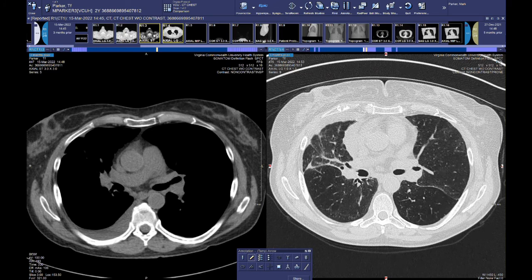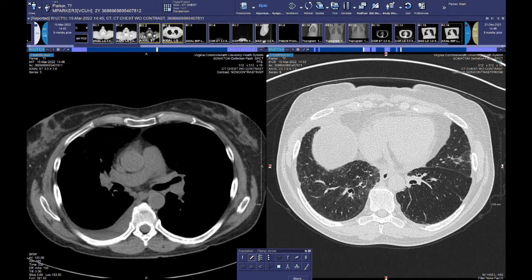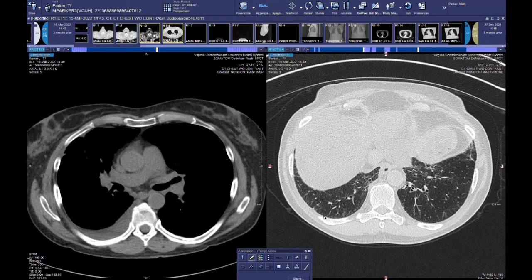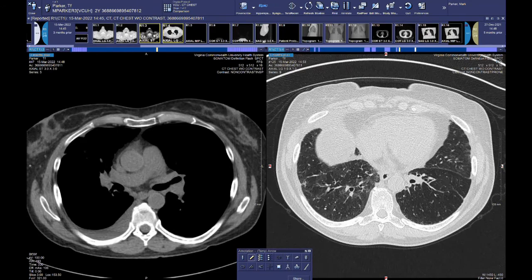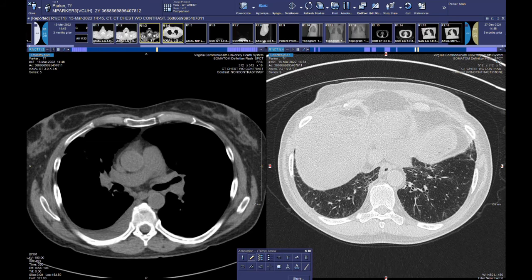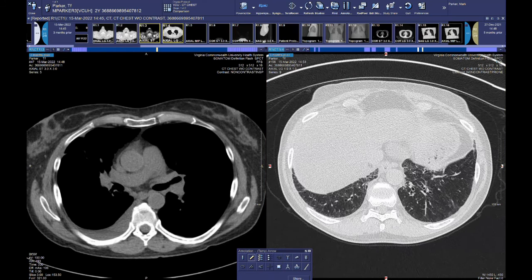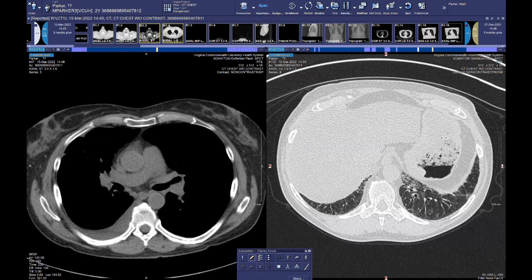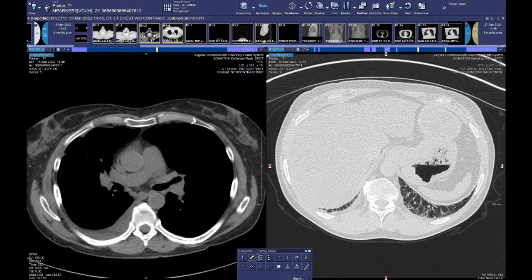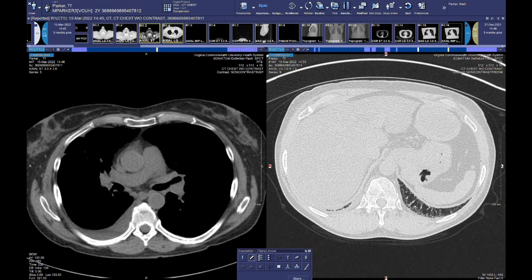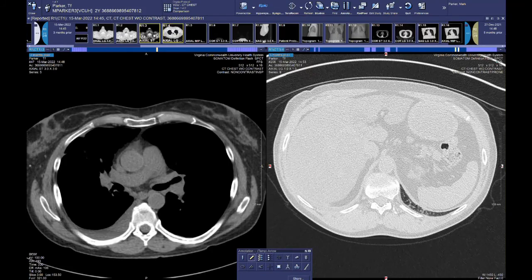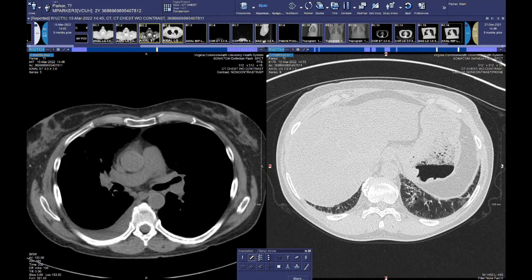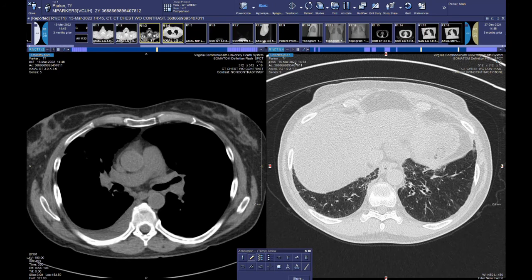The prone image is also nice to illustrate the interlobular septal thickening that we're seeing, not only in the inferiormost portion of the lingula, but in particular the lower lobes. And it also nicely depicts the traction bronchiectasis that we're seeing in the lower lobes, the interlobular septal thickening, the stretching of the vessels all the way out to the pleural surface. There's no juxtapleural sparing. And most importantly, we can see that there's no evidence of concomitant ground glass or consolidation of the lower lobes or evidence of honeycombing.